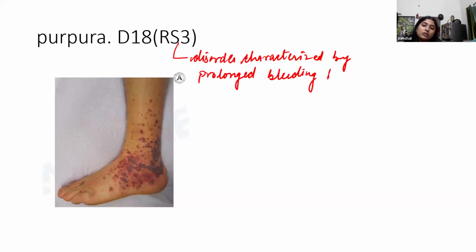Because of this disorder, the bleeding time gets very long. So what is the characteristic feature of this clinical condition? The characteristic feature looks like this,